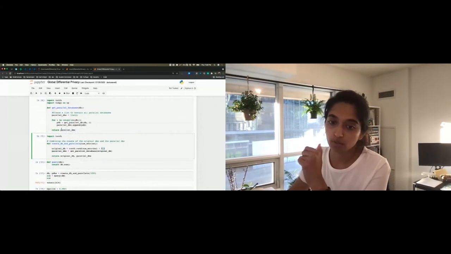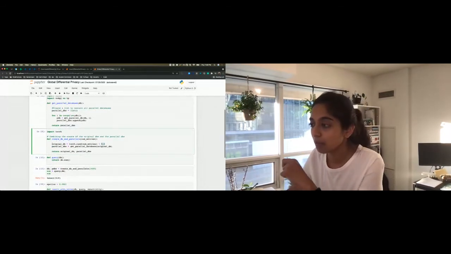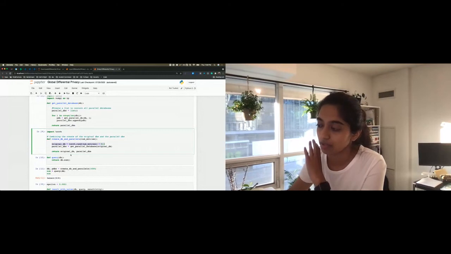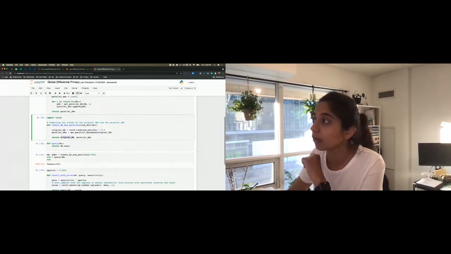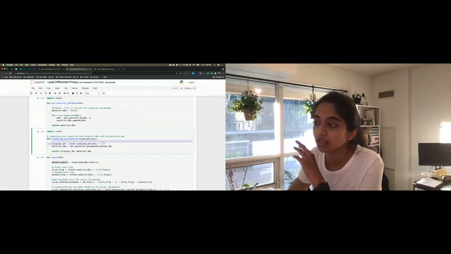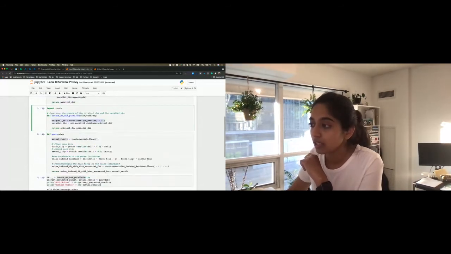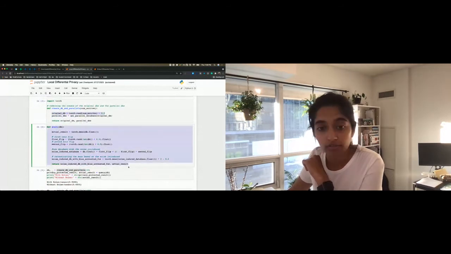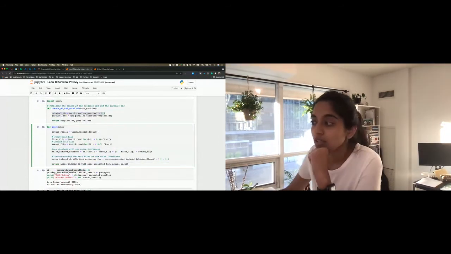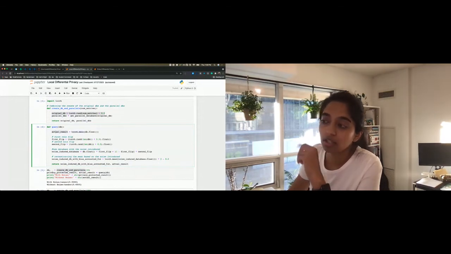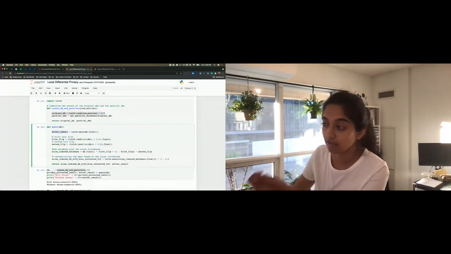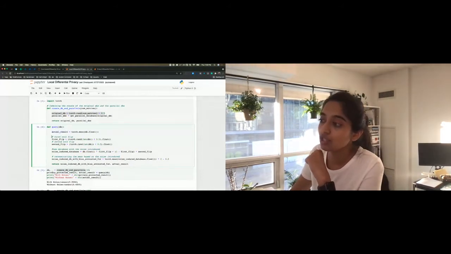I'm just going to walk through the important parts of the code. The important part here is the original database that's being returned right here. Oh, hold on, sorry. Local differential privacy first. Same concept, we are returning the original database, which is the important part. This is where the local differential privacy is. Let's walk through this code. We're looking at a particular database, and we get the mean of the actual database. The actual result of the database is stored in the variable that you see. And then you're generating the coin flips.